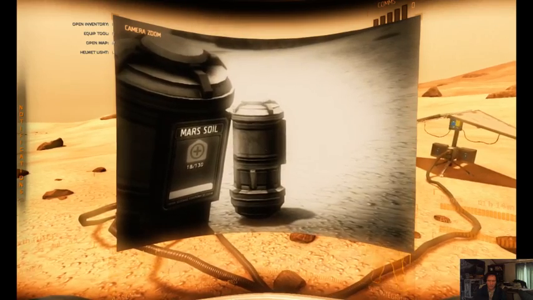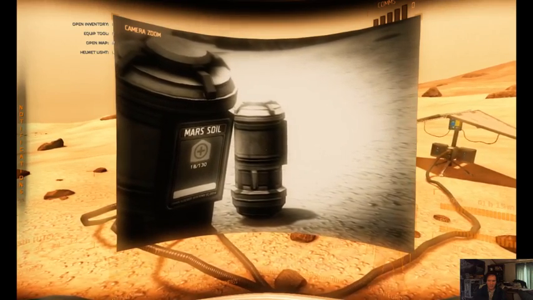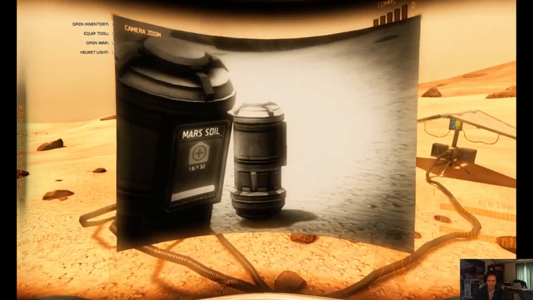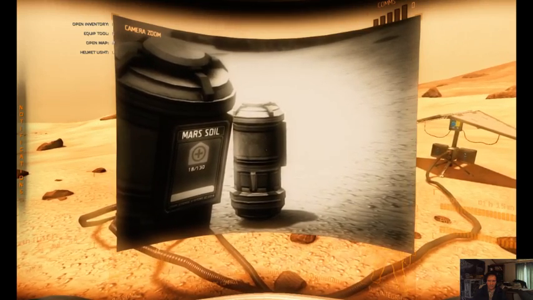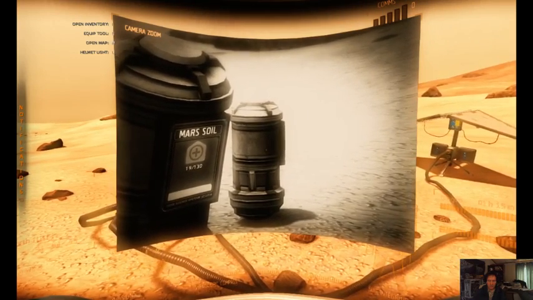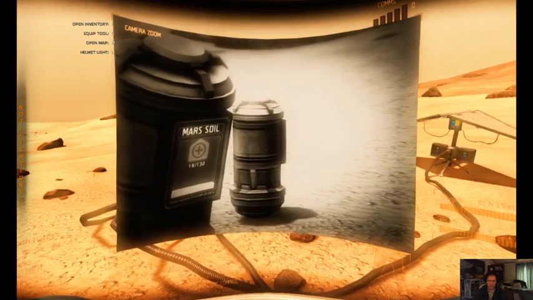So now what I'm doing is I'm looking at the labels on the can for the product. I'm a little bit worried.